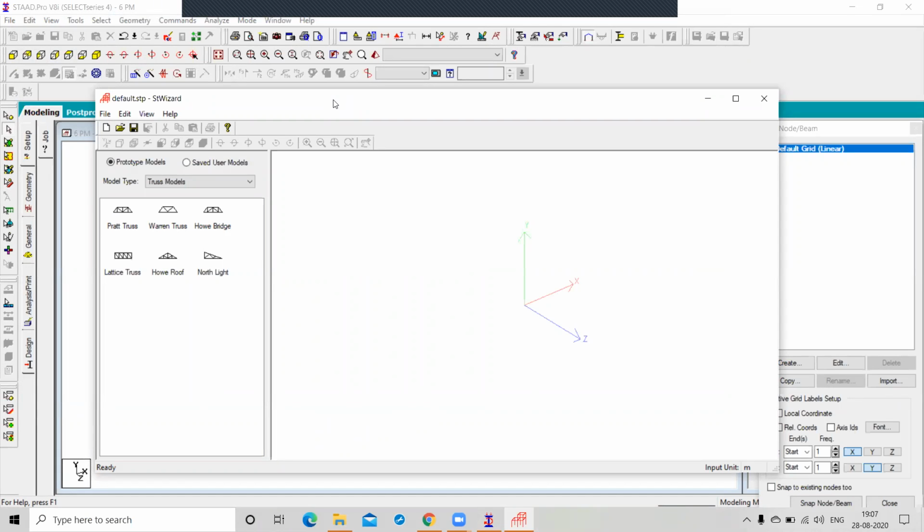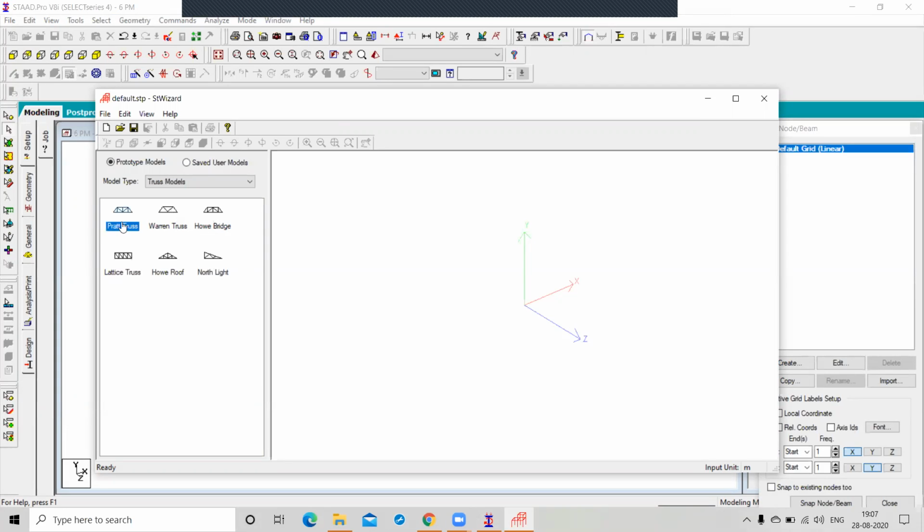From here we have some predefined structures. This is your example of truss models. You can go for any one of your truss models from here.